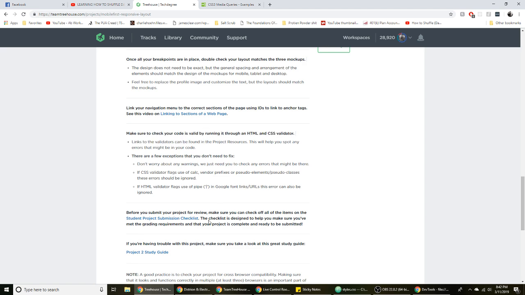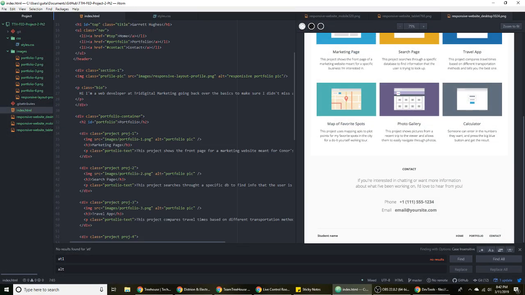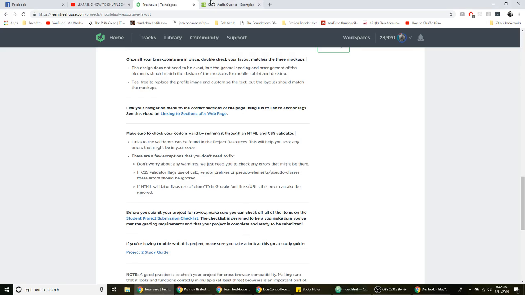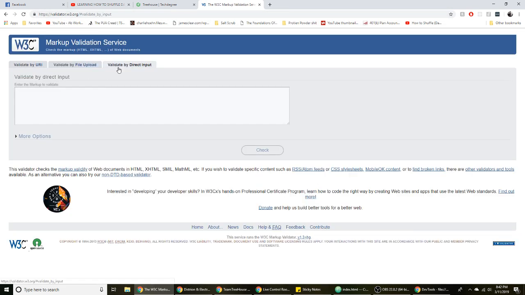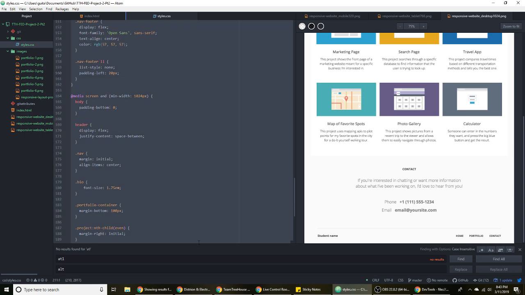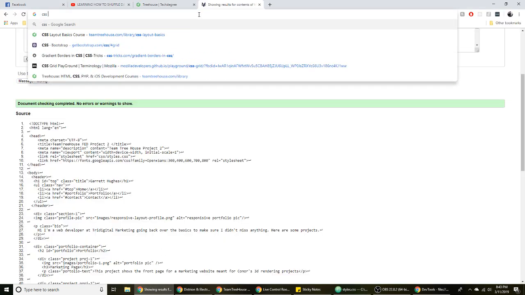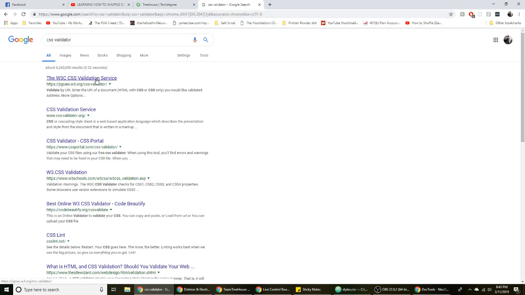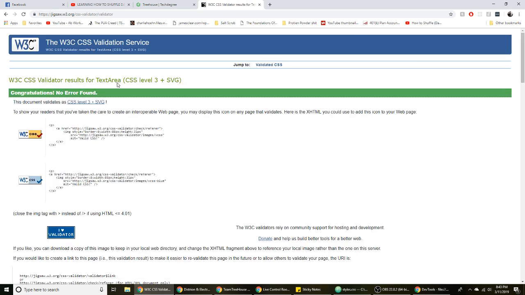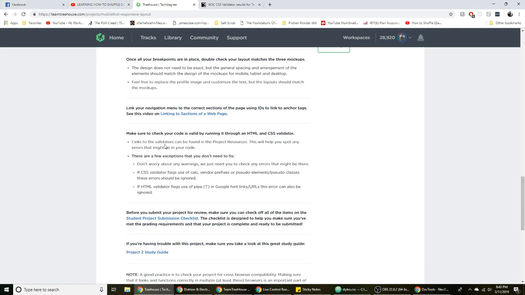Make sure to check the code for validity. All right, I just checked the HTML, but we're just gonna double check this just to be sure. So select all, copy, and then we'll do HTML validator, direct input, no errors. Select all, copy, CSS validator. Direct input, and I'm good with that too. All right, so